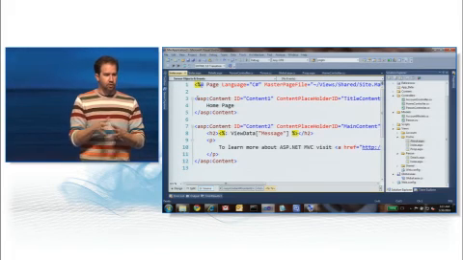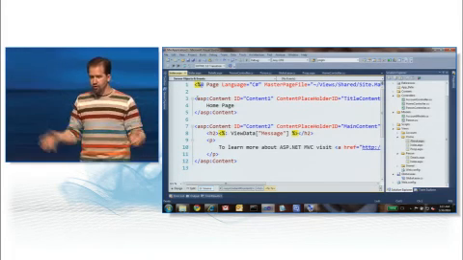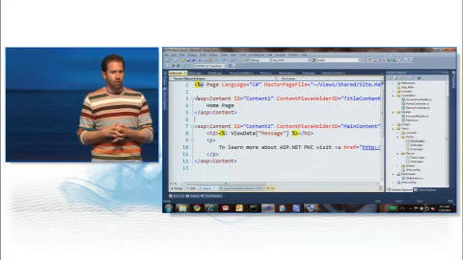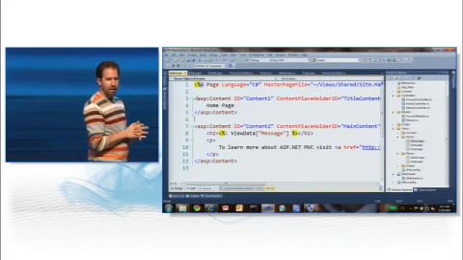Some people will try to put a code behind in there. But think about all we've learned so far and how a code behind would break the single responsibility principle. Think about all the evil that you could